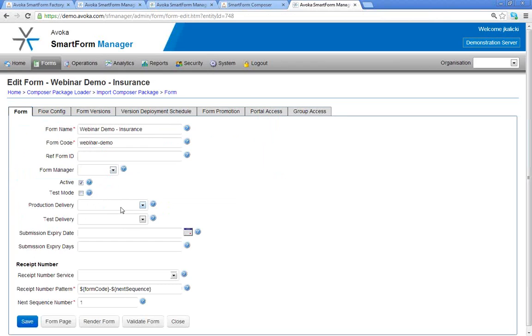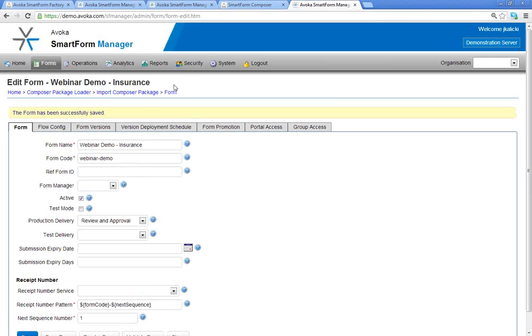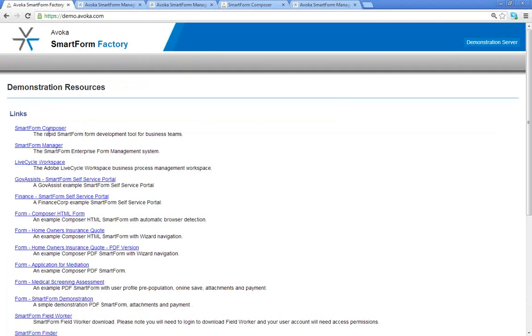And I'm going to take it right out of test mode, right into production mode. And I'm actually even going to say that the delivery mechanism should be a lifecycle review and approval process. So I've already got an approval process out there. I'm just going to reuse one that's already there. Hit save. And now that's in place, right? So if we went out to our finance portal